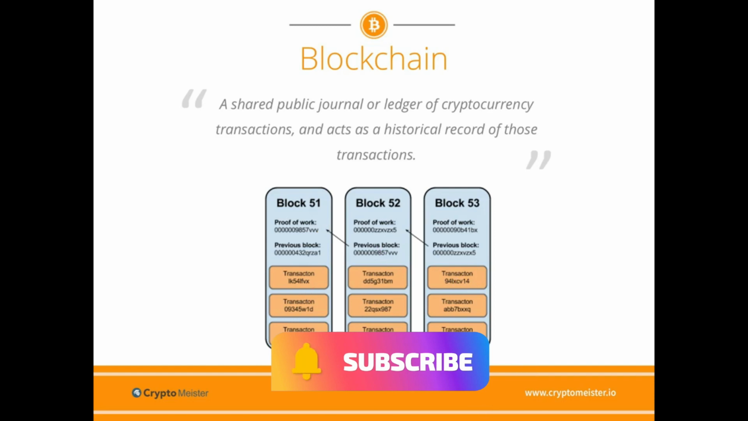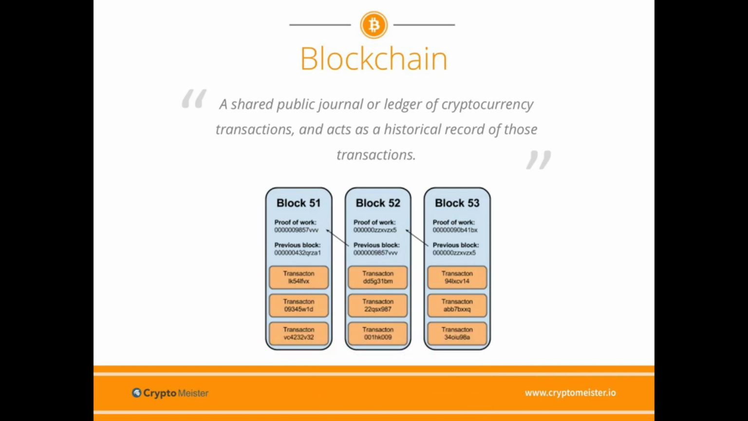As these blocks are created, they don't continue to exist alone and separate. They become linked with other blocks. And this is what we define as a blockchain. A blockchain itself is a file, a shared public journal or ledger of cryptocurrency transactions. And it acts as a historical record of those transactions, from the first block in the chain to the last,